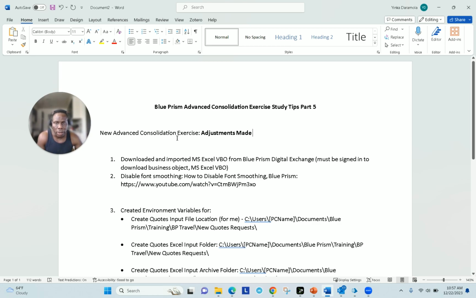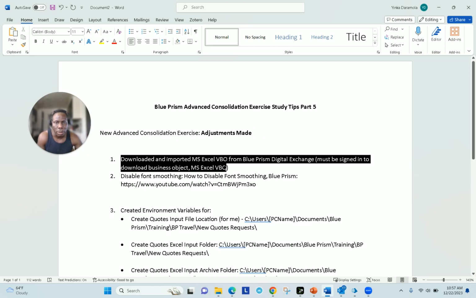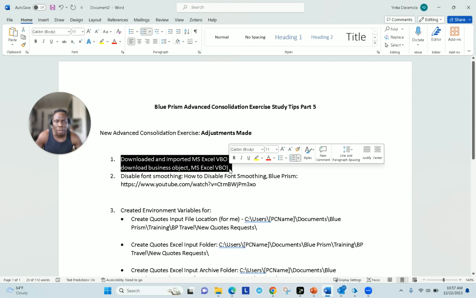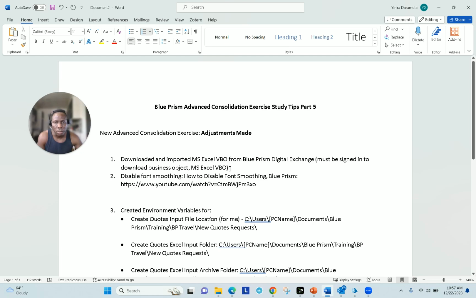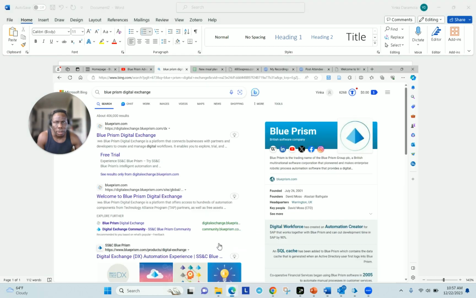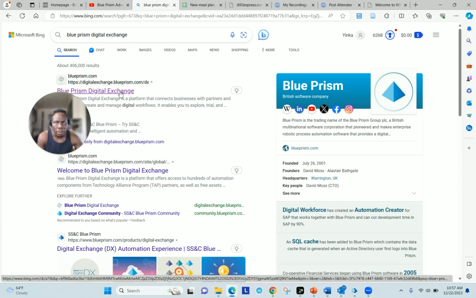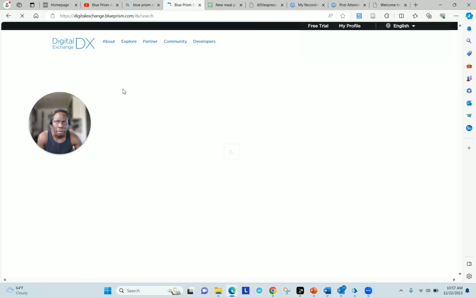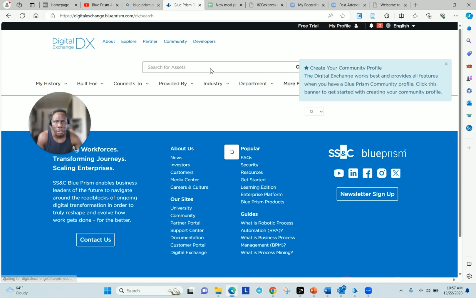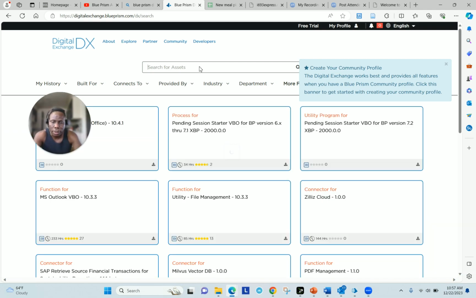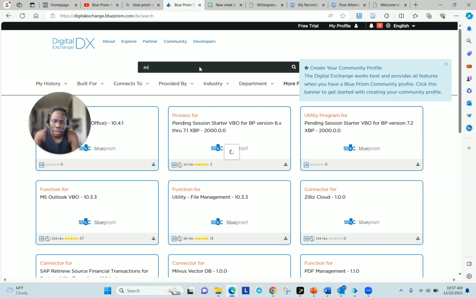So that's good. But then the release that I exported from the Blue Prism University did not have Microsoft Excel VBO in it. It had Microsoft Excel VBO extended, right? So I had to manually go to Blue Prism Digital Exchange, and you've got to be signed in to do this. And then I searched for Microsoft Excel VBO among the assets, right? Microsoft Excel VBO, I did that,